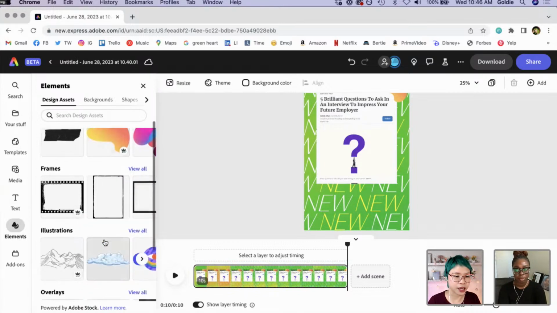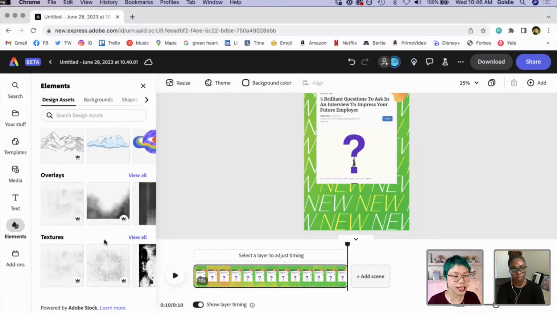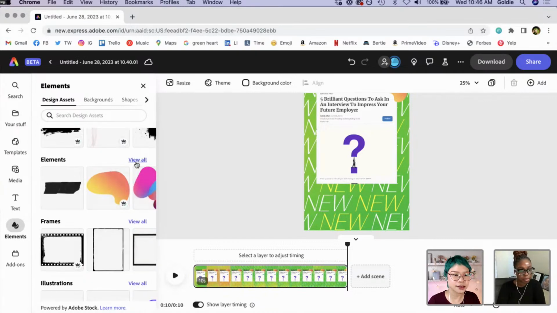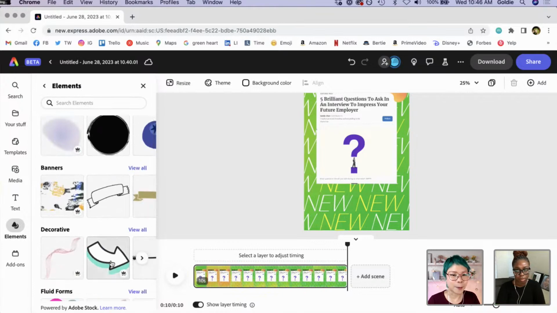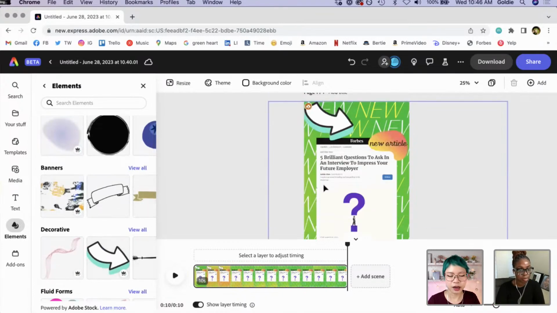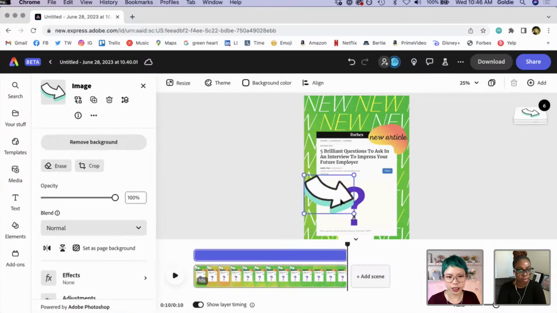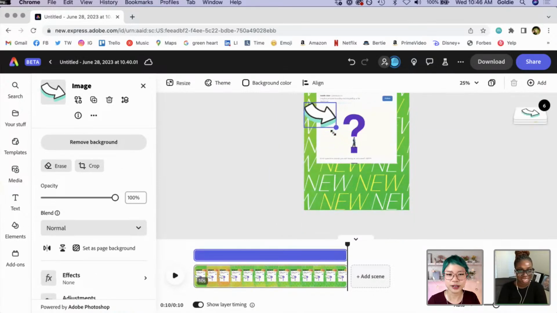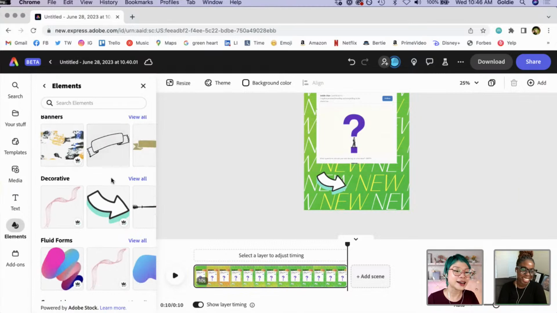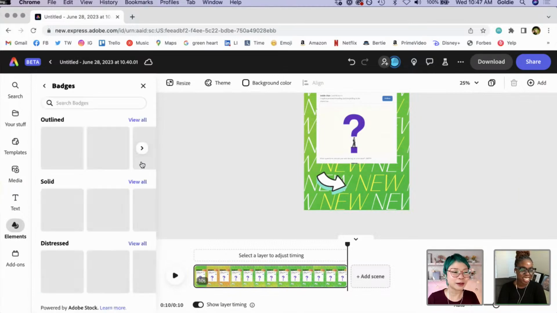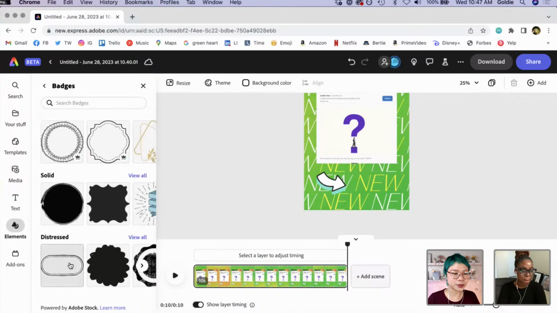So I like to have squarish, rectangular-ish elements, as I'm saying the word elements, and also a call to action, because who doesn't love a good call to action? So I'm going to literally insert an arrow so people know, wow, I should look at this, I should click this. And then I'm going to go ahead and